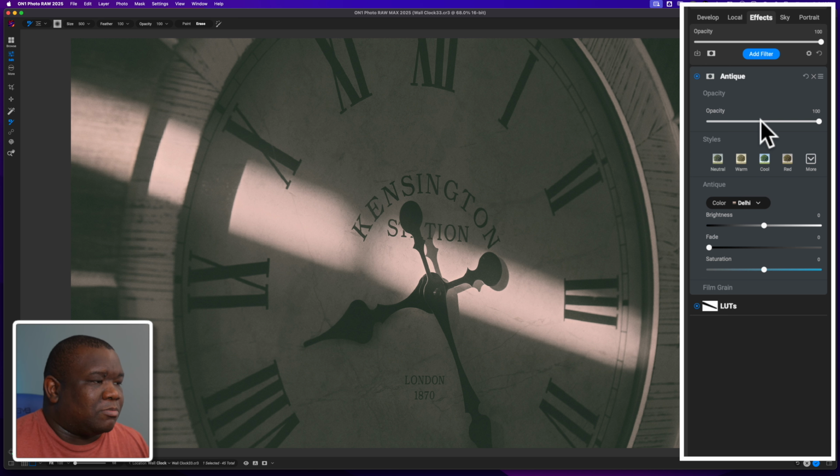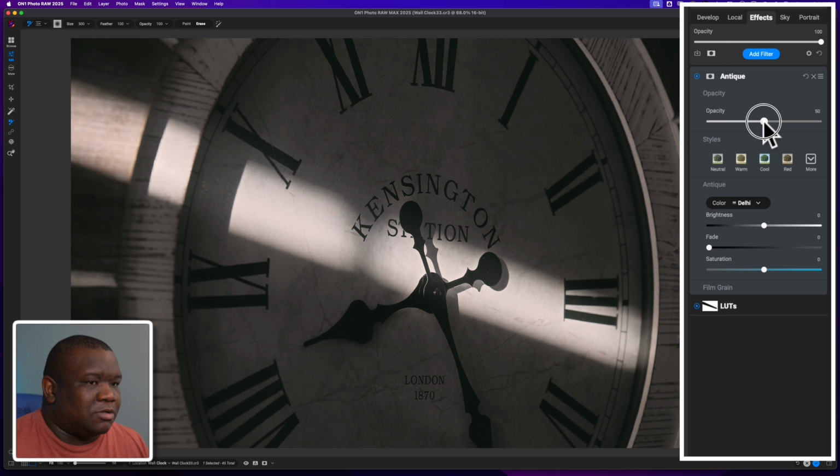But I'm going to go ahead and pull down on the opacity somewhere, maybe around here. And then we'll throw some saturation in there to really make this punch. All right. So now we have a pretty good blend between what we were getting. Maybe I'll pull it down a little bit more. There we go. So now that we have a decent blend, let's go ahead and click on our mask icon